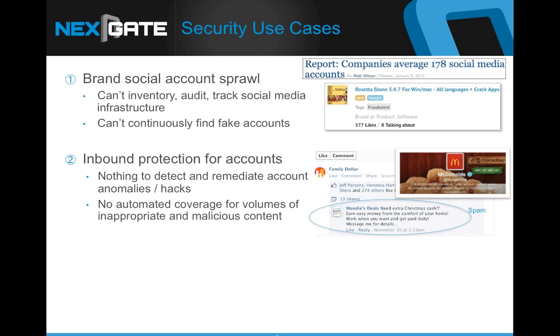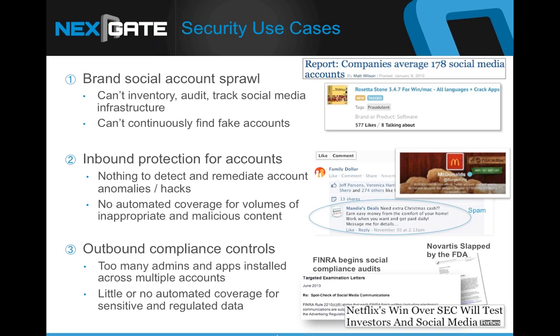And then the third big bucket of controls, an area that really needs a lot of attention, is thinking about it from what is my data and how I'm interacting with my audiences, and how do I make sure that that doesn't run me afoul of a regulator or of my own governance standards. And this can come from having too many people with access to the account, too many apps installed and allowed to publish, and I'll talk about each of these in a moment. But really making sure that you understand how you're engaging and that you're managing that for efficiency and safety. But then also looking at that content and thinking about regulations and things that are standards